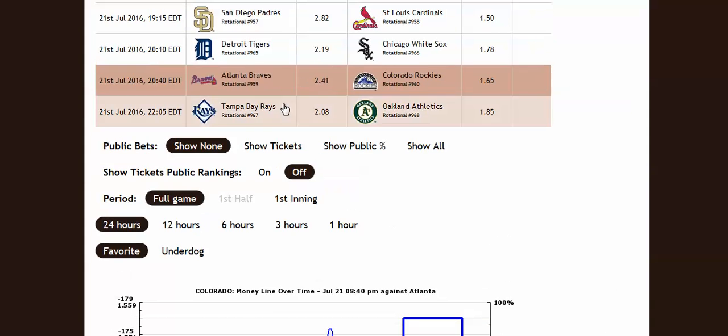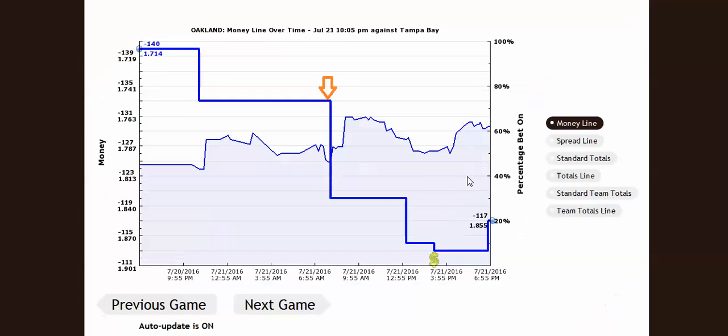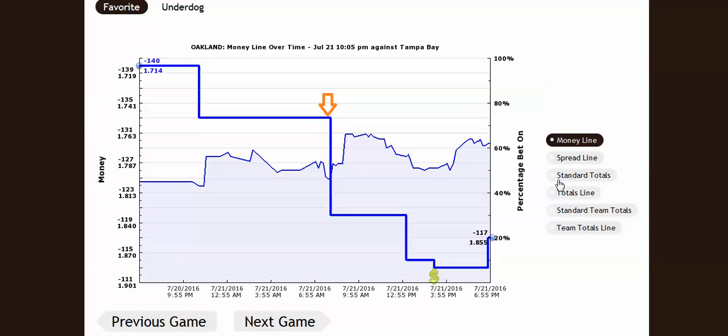The last game, Tampa Bay Rays and A's, kind of similar to that last one. These didn't happen necessarily close to the game. This game doesn't start till 7 p.m., which is 3 hours from now. So a lot could still happen here. Like, as this graph moves in the next 3 hours, you could see this shoot straight up or